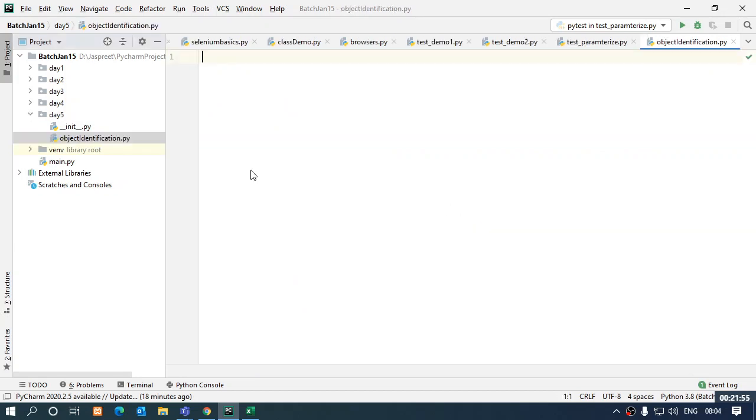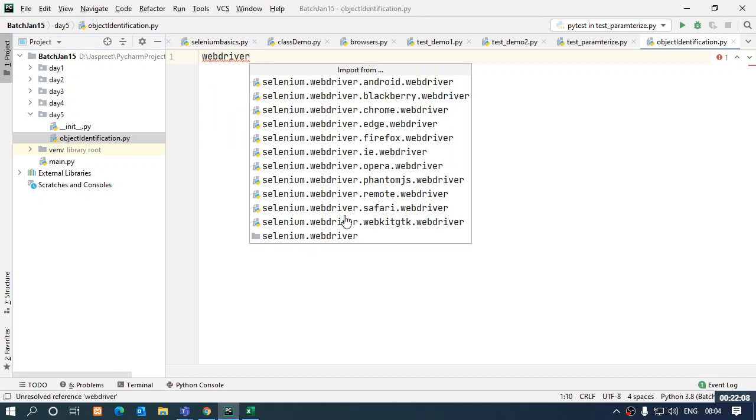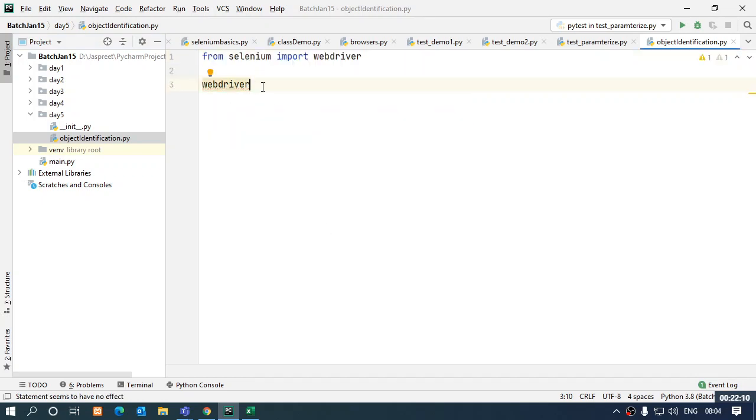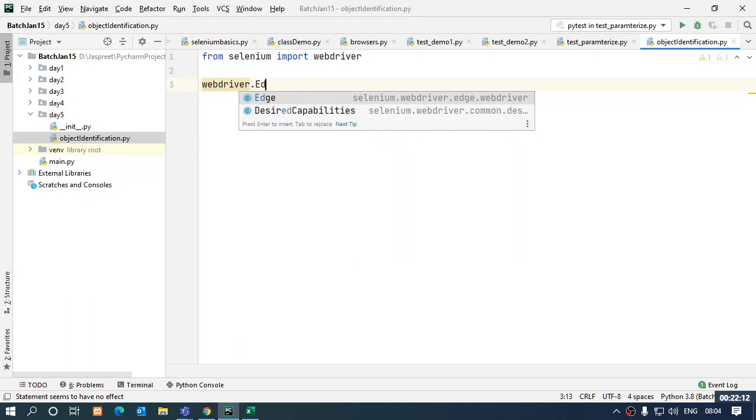So firstly we have to do the initial things. We have to open a browser, we have to navigate to some URL, then my element is going to come up, right? So initial things we are going to do, WebDriver. I have to import it, so let's import it. WebDriver dot edge.